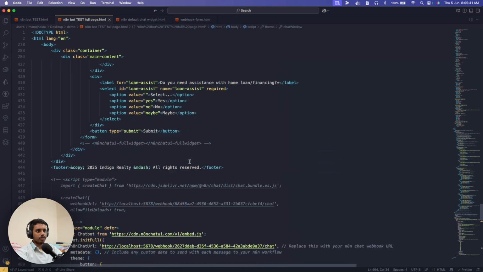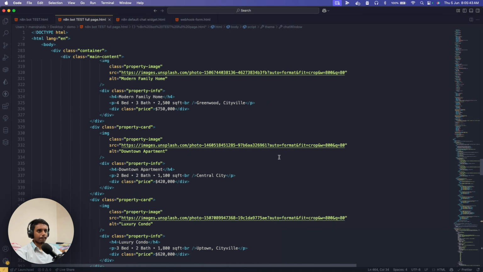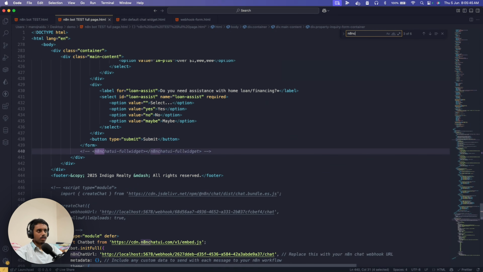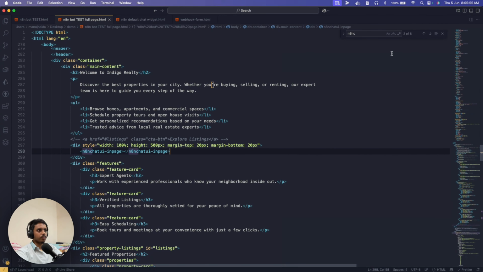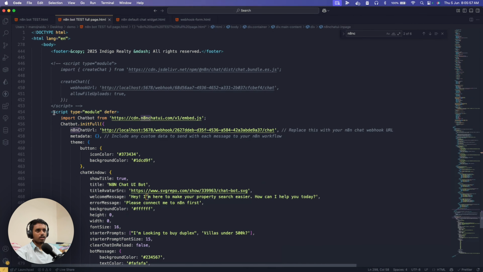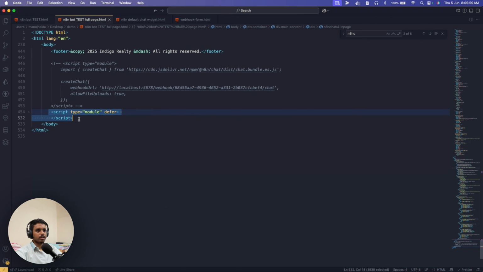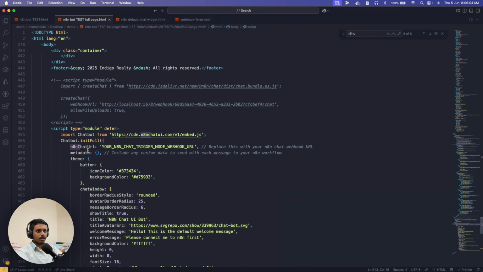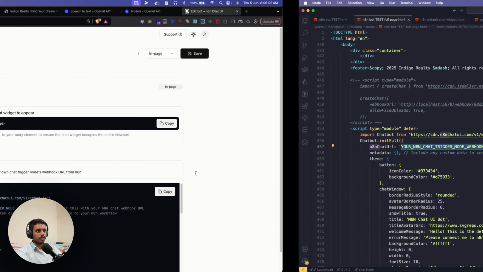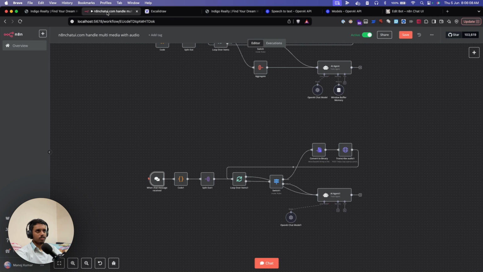It's somewhere here. Let me just scroll to it. Yeah, it's over here. I've already added this. All I have to add is the script itself. So if you scroll down, I'm just going to replace the existing script with the one which I just created from the dashboard. And after that, I just have to paste my webhook URL, which is the n8n